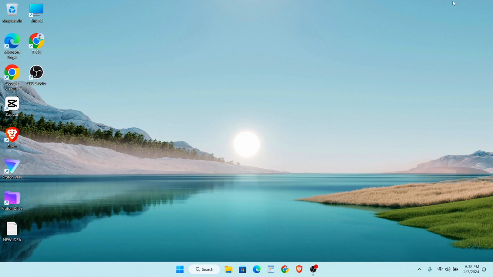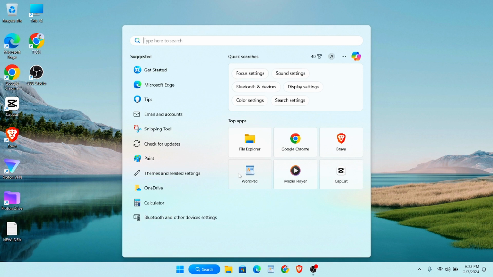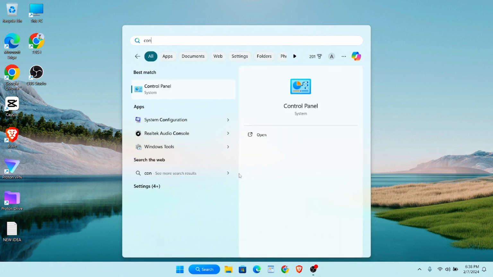Hello everyone, in this video I'll show you how to share any large file from your laptop to PC or PC to laptop. So first open up your search bar. As you can see, click on the search bar and then type here control panel